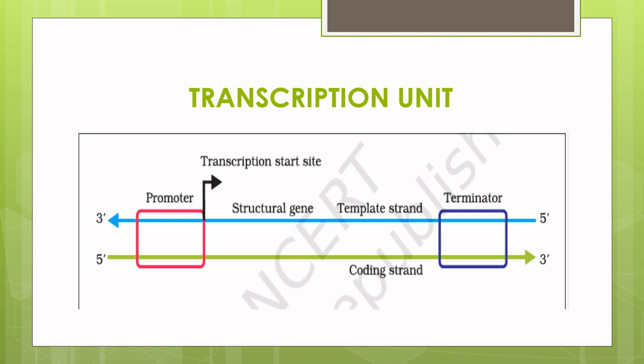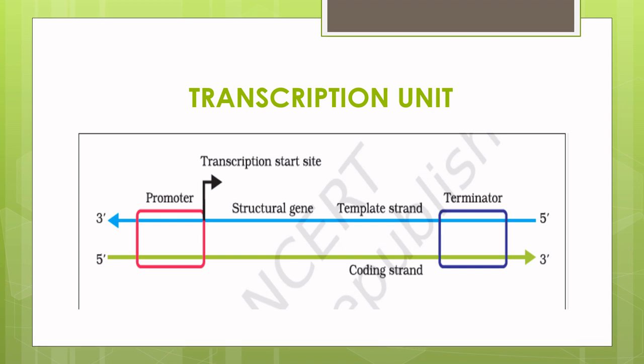Let's look at the transcription unit. The DNA strand having polarity 3' to 5' is called the template strand for transcription. The other strand having polarity 5' to 3' is called the coding strand. The sequence of nitrogenous bases in the RNA transcribed from the template strand is the same as the coding strand of DNA, except having uracil instead of thymine. All the reference points defining a transcription unit are made with the coding strand alone and not the template strand.